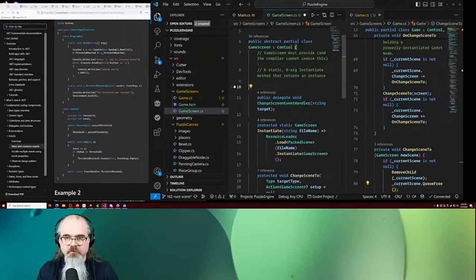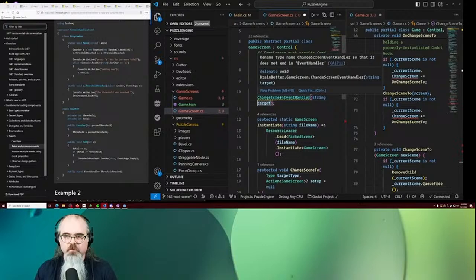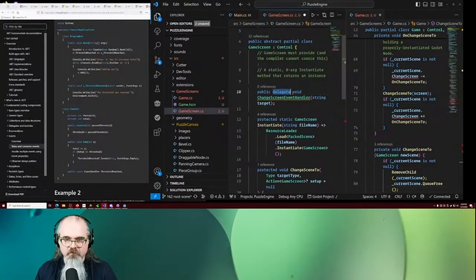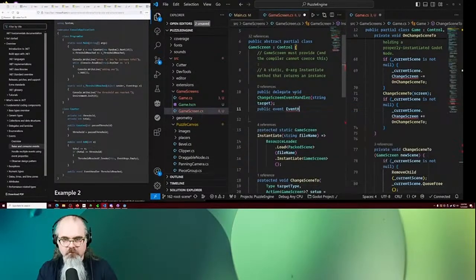And instead of using the signal thing here, we're going to say, right, public delegate void change screen event handler. Rename it so it doesn't end in event handler. It will be event handler. So this is going to be public. Right. So do I still need that delegate there? Public event handler